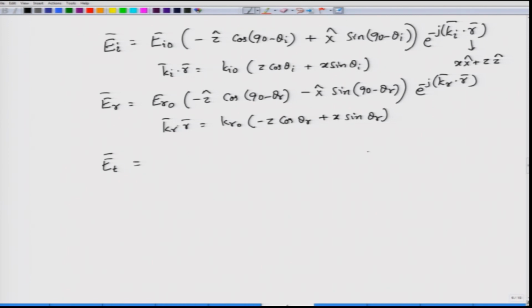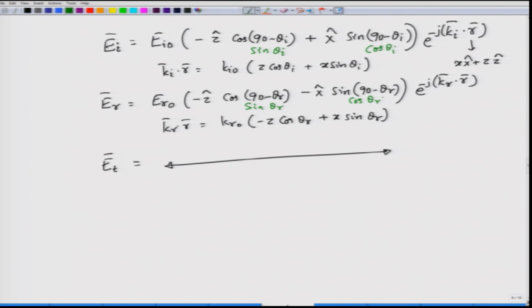So, I will leave this one as an exercise and you can fill out this expression, and you can verify whether you have done it correctly when I write the next set to obtain certain other relationships. Well, I also know that cosine of 90 minus theta i can be simplified because this is sin theta i, whereas sin of 90 minus theta i is basically cos theta i. Cos of 90 minus theta r is sin theta r, sin of 90 minus theta r is cos theta r.